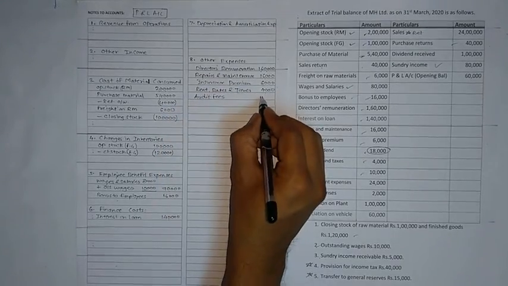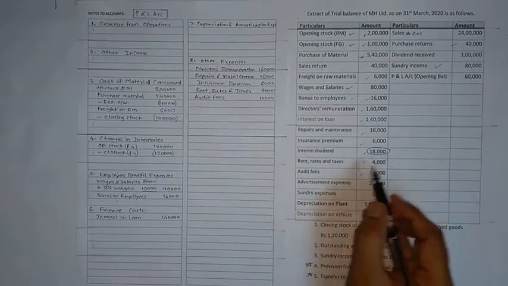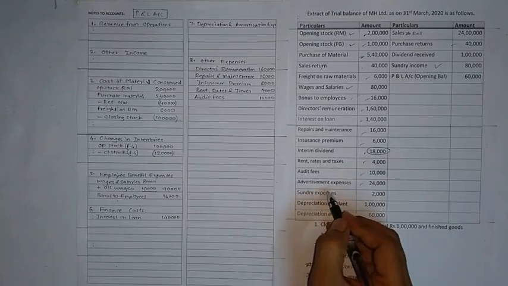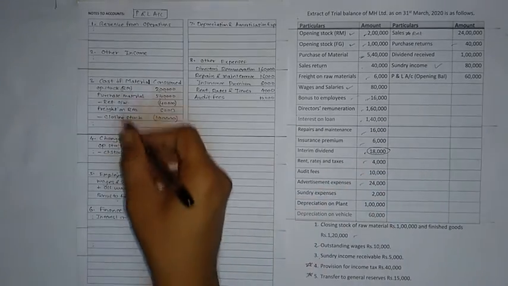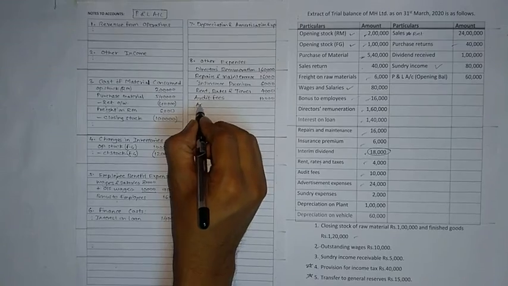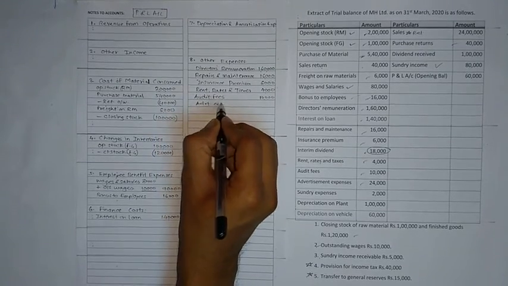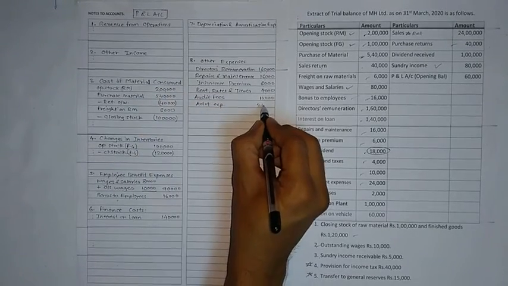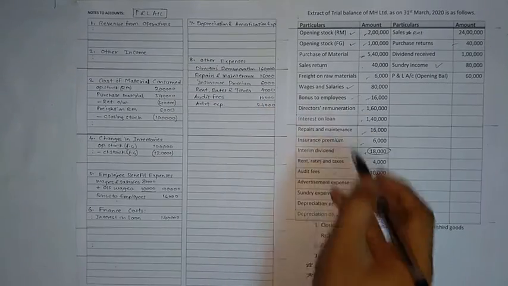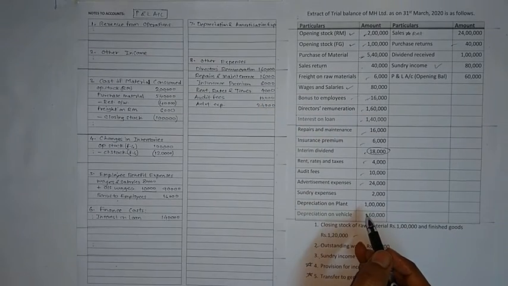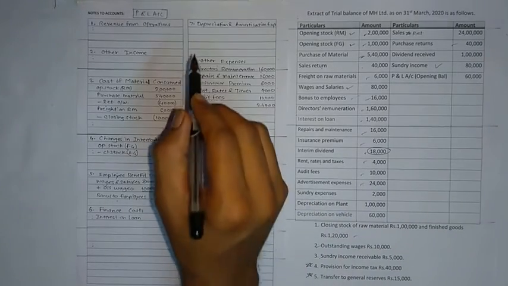Audit fees 10,000. Other expenses, advertisement expense, it is concerned with selling, but there is no selling expenses category, so it is also shown in other expenses. So while considering all these items, if you have any doubt where to post this item, it is mostly in